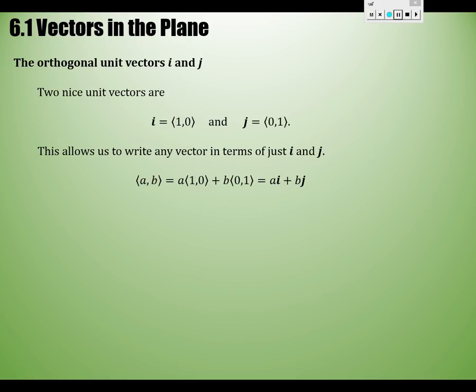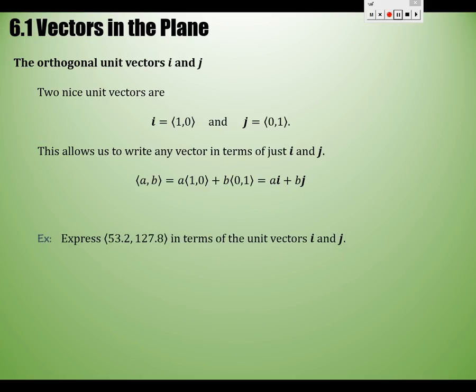And then the interesting follow-up question would be, are there other sets of vectors that would do that for you, that you could take 2 of and produce every vector from? Play around with that idea. It's the beginnings of a concept called independence that you'll talk about in linear algebra a lot. So